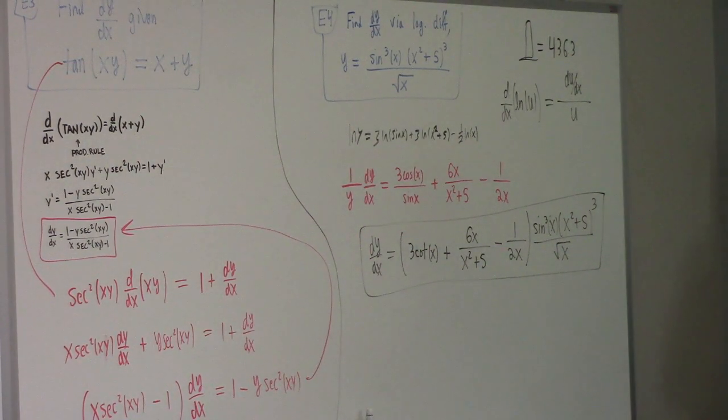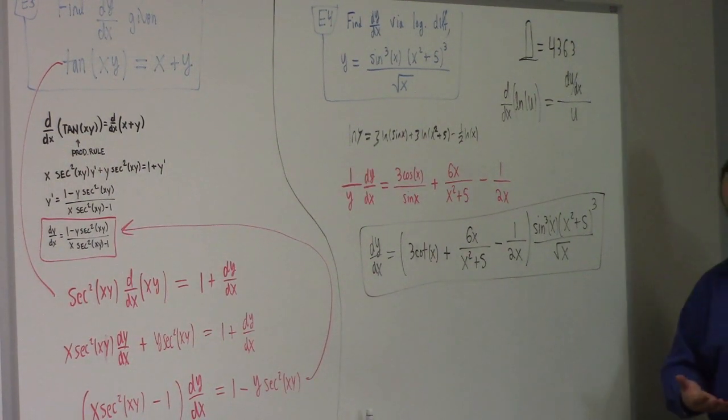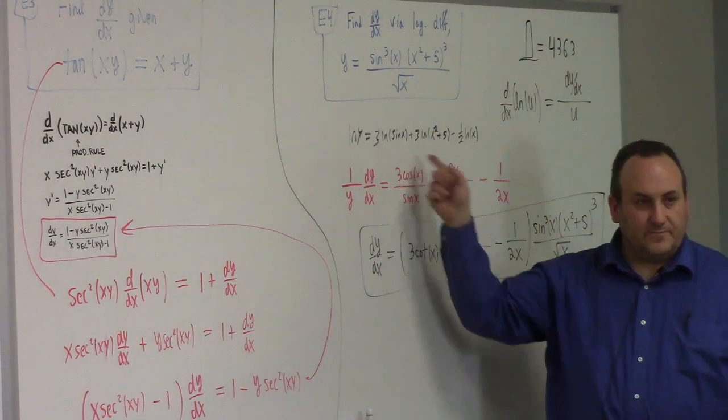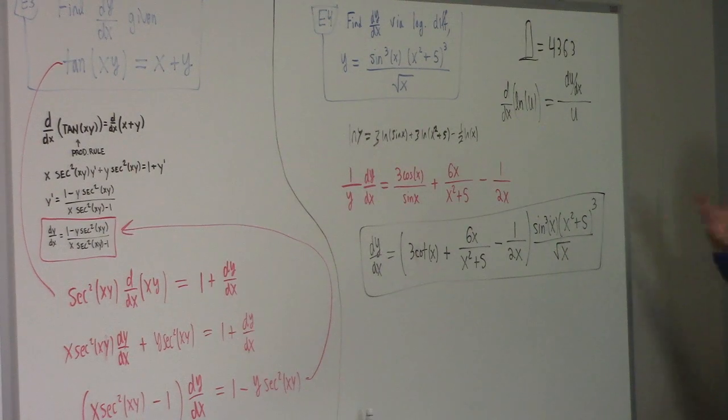The technique of logarithmic differentiation is like a 3 or 4 step process. Step number 1 is to take the natural log of the expression that you're dealing with. Step number 2 is to apply properties of logarithms to separate the log of a product or quotient as a sum of logs and difference of logs as appropriate. I put this all into one big overarching step by giving you that Uber lemma that we wrote last time, so we could just do it all at once, like you did right here. Wonderful. And then we differentiate using the chain rule for logarithms. And then final step, solve for dy dx.